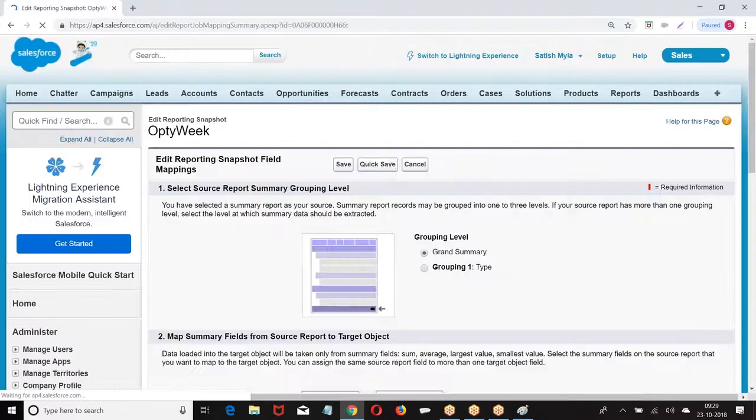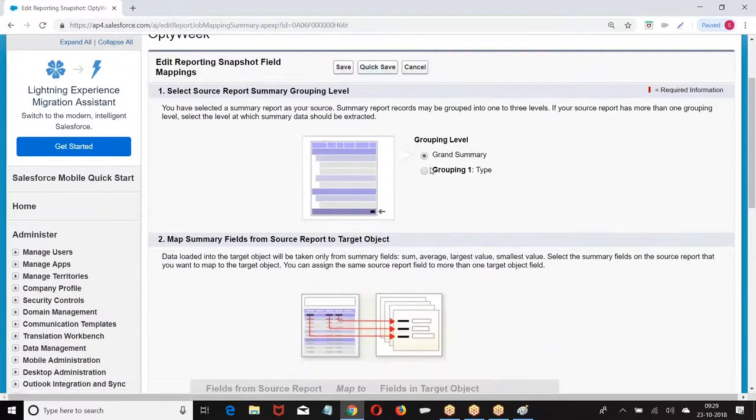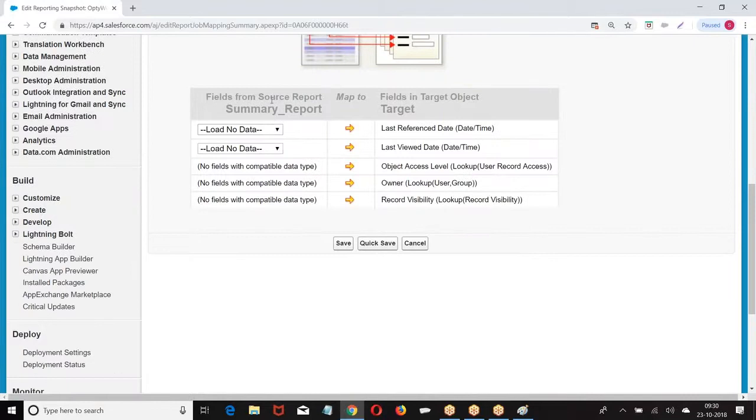Then we need to go for a mapping. You want to take a grand total or a group-wise total. These are the fields in the report. These are the fields in the table. Which field in the report should be mapped with which field in the object? You are taking the conclusion of a report and saving it to which fields in the table. This column in the report should be saved to which field in the table. That's what we have to map and save.